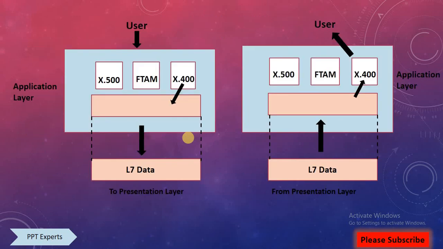And this is the diagrammatic representation of the application layer. The user interacts with the application layer, and after going through all the processes, data is sent to further layers. After going through the further layers, the data comes back through all the layers, and after going through the application layer, the user gets the output. This is how the whole OSI model works, and this is how the application layer works. So this was the part on the application layer.